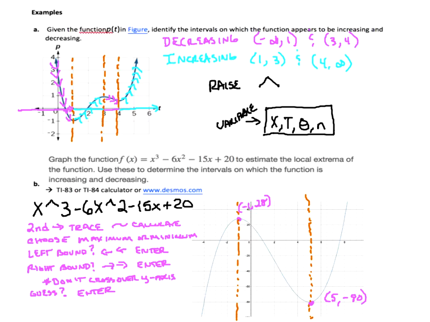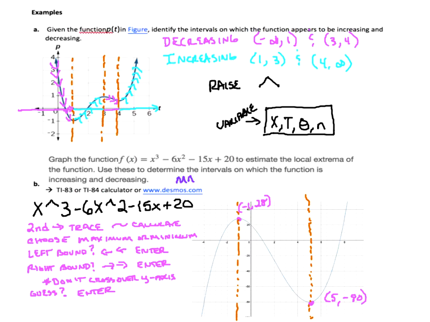So the first question says, estimate the local extrema of the function. We did that. I have to repeat it several times to get it. Yeah, the process is tedious, and yes, you'll have plenty of chances to practice in your homework. And you can watch back through this video so that you can remember the steps to doing that. All right, and I'm sure there are YouTube videos just on finding maximum and minimum of a function. So if you want to just find a YouTube video, it'll probably be like 2 minutes long and take you straight to the point.